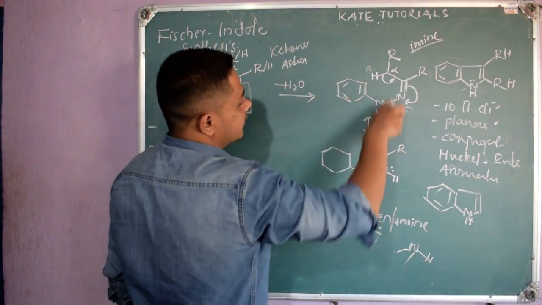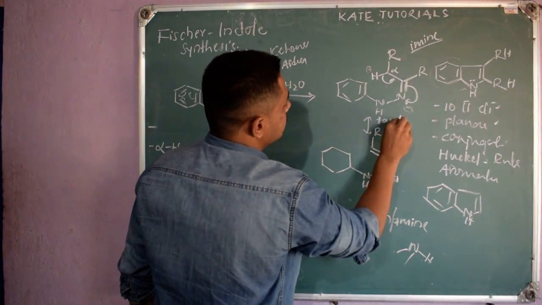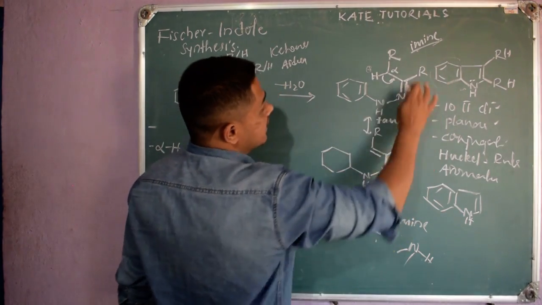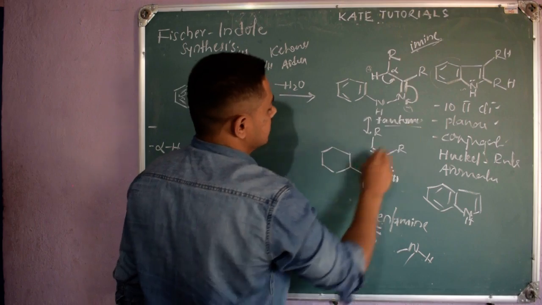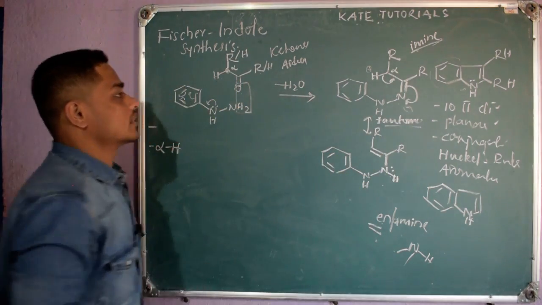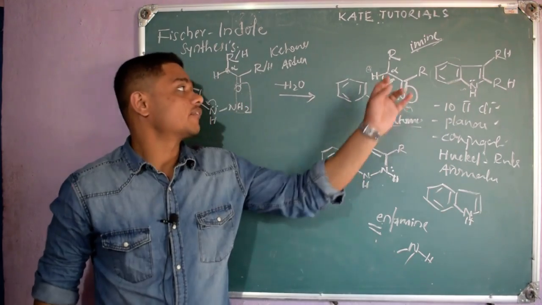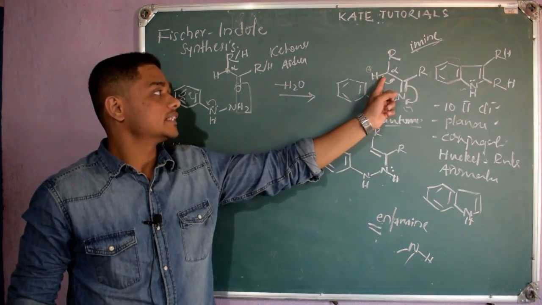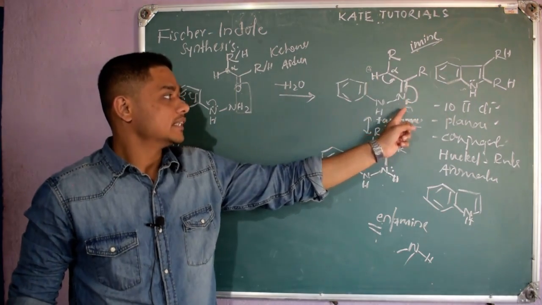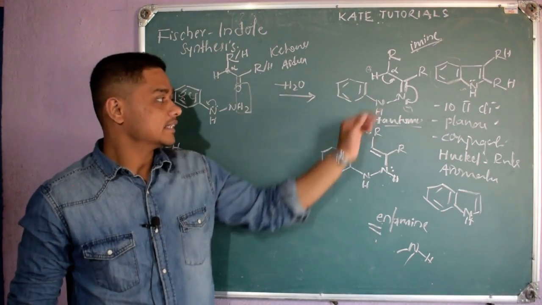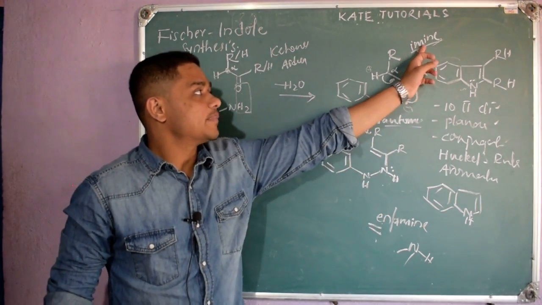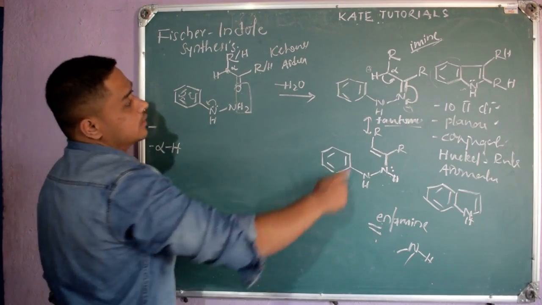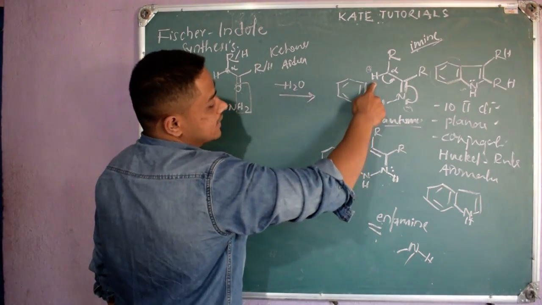So this kind of reaction we call tautomerism. What kind of tautomerism? Enamine to imine, imine to enamine tautomerism has happened and we got this product. Here we need this alpha hydrogen. Unless this alpha hydrogen is there, no cyclization happens. With the alpha hydrogen we get a double bond here, the pi bond becomes single bond, and this reaction happens. This we call imine to enamine tautomerism. From here we got this step. So this proton is necessary. Why is it necessary? See here.